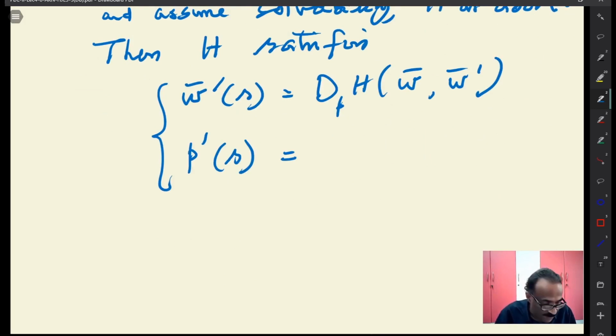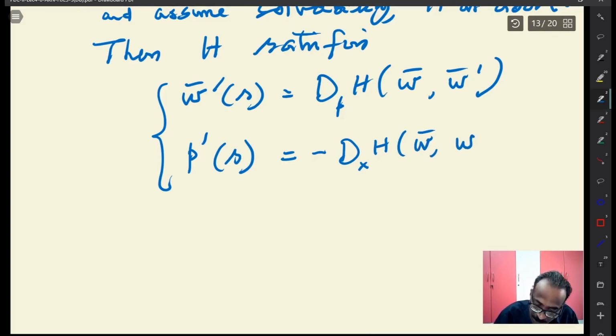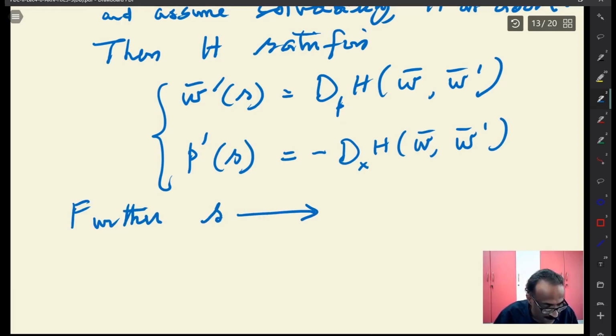It's a velocity equation, and this will be minus dx of H of W bar, P. Further,